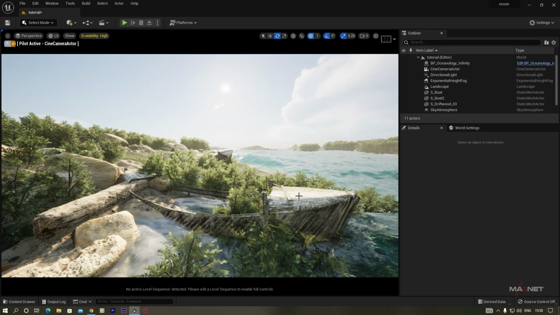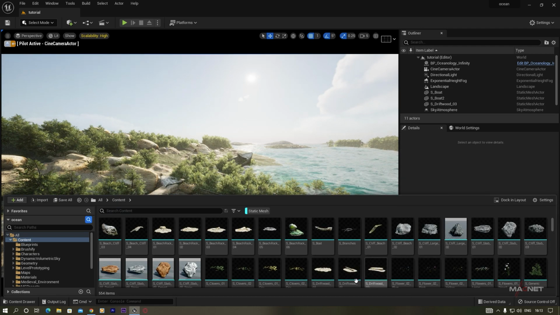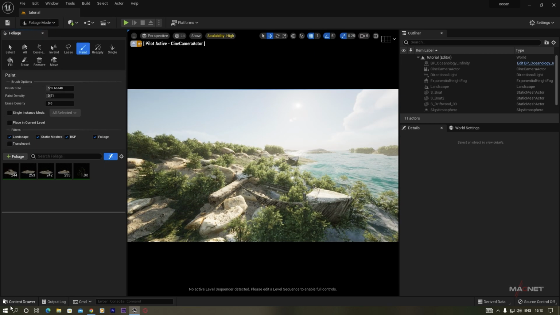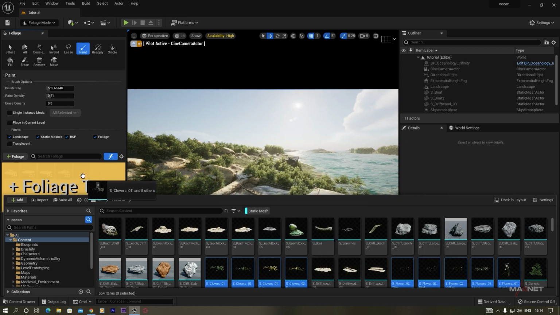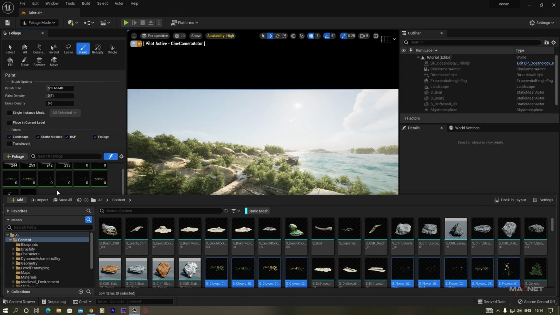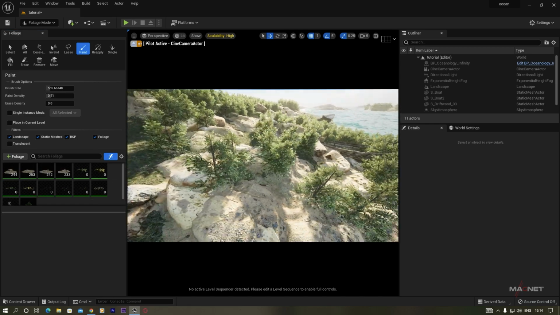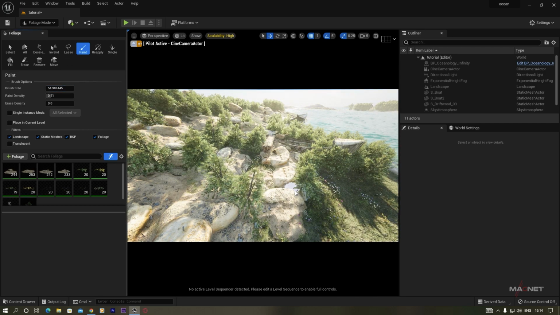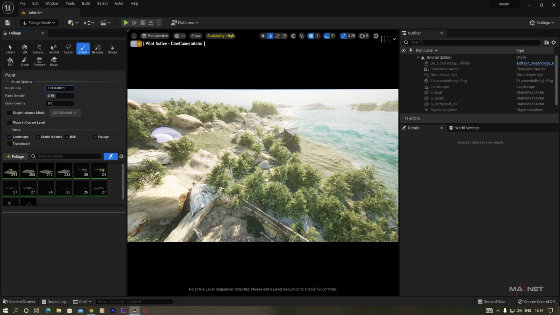Okay, so now I'm going to put other objects, and then again go to the static mesh filter here, and let's put some other foliage like this. So go back to our foliage mode here, go to this content drawer and select all those foliages and also those flowers as well, and just click and drag and drop to here. Okay, and then we go here and select all this. Okay, now paint it here. So we're going to decrease the scale size of the brush, and as you can see, it really creates a nice job here,